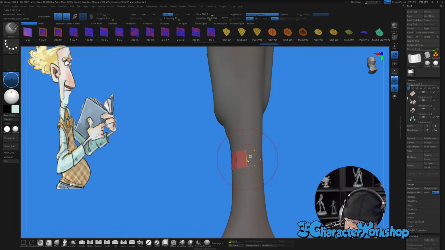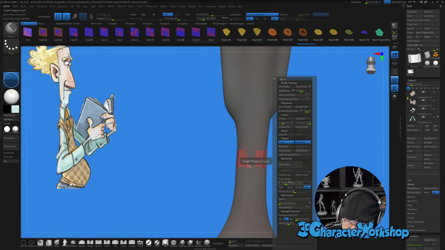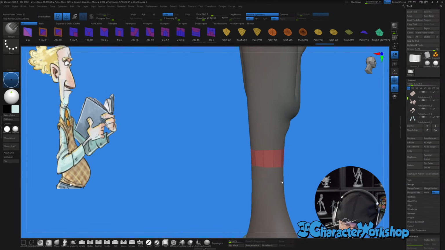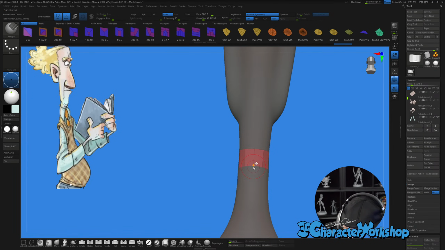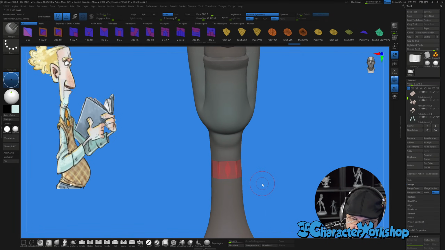Huh. But see, when you hit spacebar or Alt, it changes to these different looks. So I'm gonna try and pull it out using Alt and seeing if it sticks. Man, that's really strange. Just freaks out. Let's go this way. Okay, so I'm gonna wonder if I can mirror and weld this. There we go. Okay. And then you can tweak and move it like this. See, it has that little move icon.